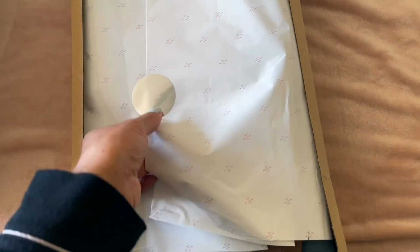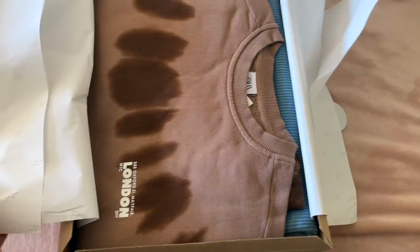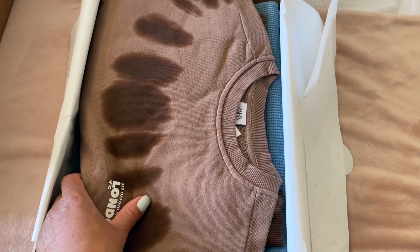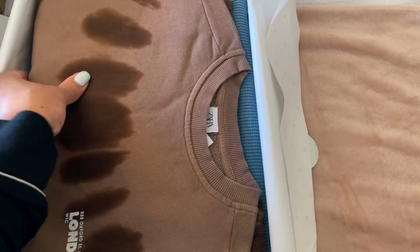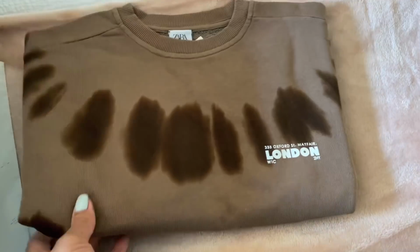I just went on and ordered Sefton a few little sets for the spring because the weather is getting a little bit warmer and we're kind of at that phase where it's not really cold, but it's not hot. And so jogger sets are perfect right now for him, and he's grown out of everything that he had for the winter. So I got him this one